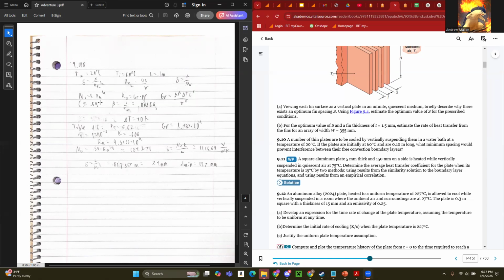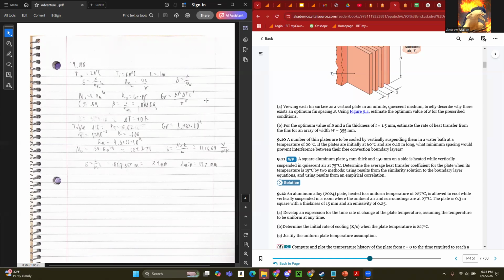Now, the Rayleigh number is equal to the Grashof number times the Prandtl number. The Prandtl number is a material property, which we can find using table A6 because this is water at a known temperature. The Prandtl number is 6.62. And the Grashof number is equal to g, which is gravity, times beta, which is the thermal expansion coefficient, times delta T times the length of the object cubed over the